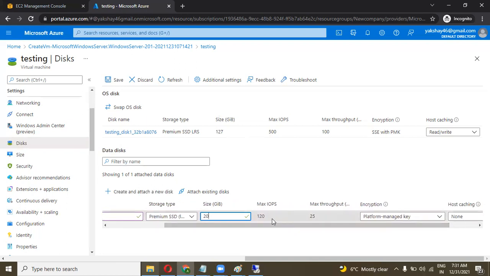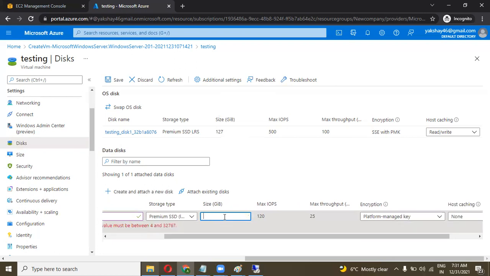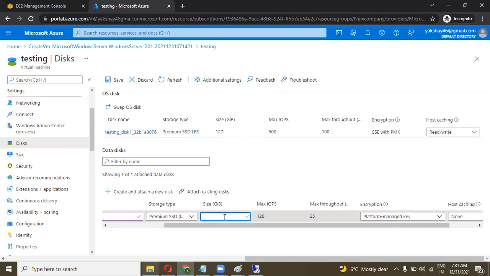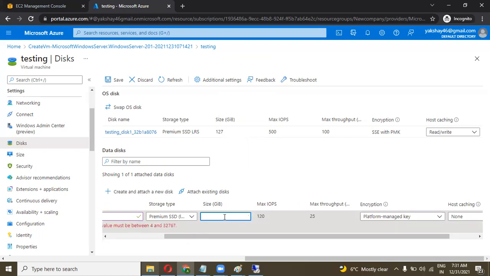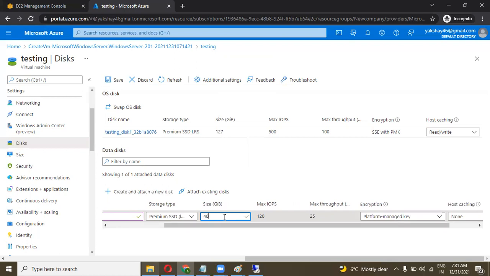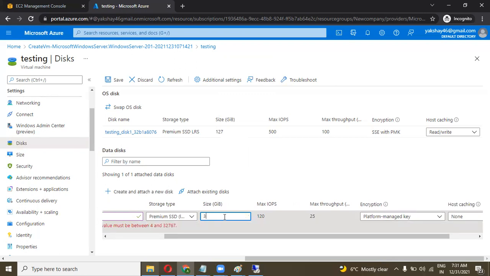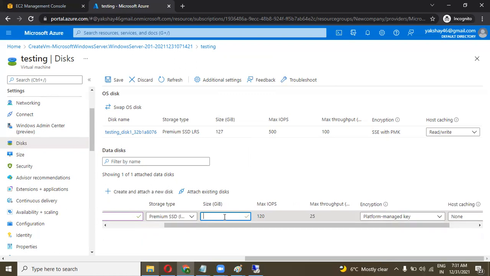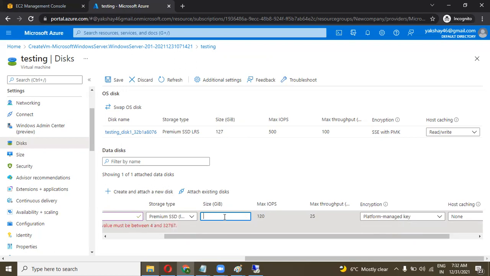Max IOPS 120 IOPS. Let's select 30. If I resize the disk size, then IOPS is changed. If I set 40, then it is 240. If I set 30, it is the same. 35 also changes.